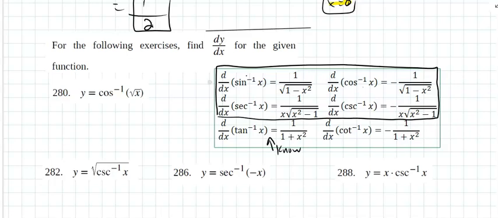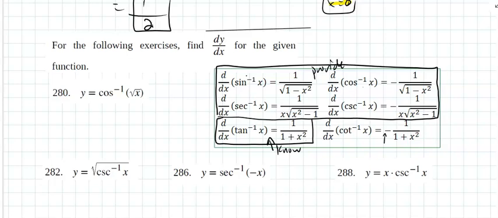And the reason I have you know it is because it comes up all over. We see this a lot more than we like. And the cotangent is simply that with a negative. So I need you to remember this and the cotangent. That I don't provide. But those I provide on your test. The derivatives of inverse sine, inverse cosine, inverse secant, inverse cosecant. Now, if I'm providing this, you just have to remember the derivative of inverse tangent of x is 1